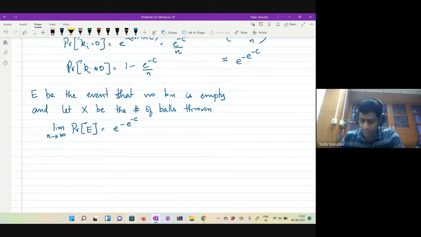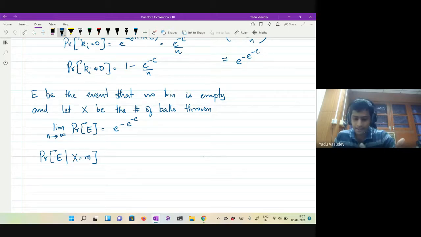So in other words, this is the probability of E given that X is equal to m. This is the probability that there are no empty bins in the Poisson process, given that the total number of balls is m,